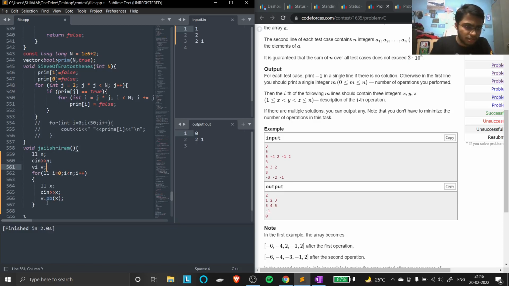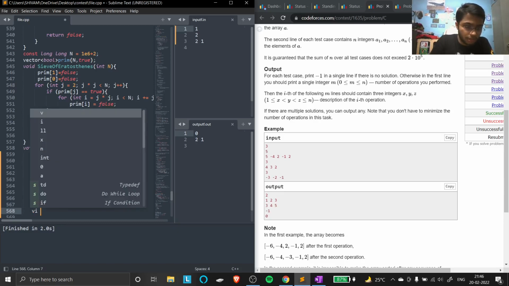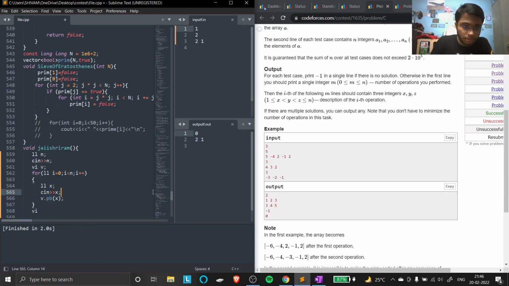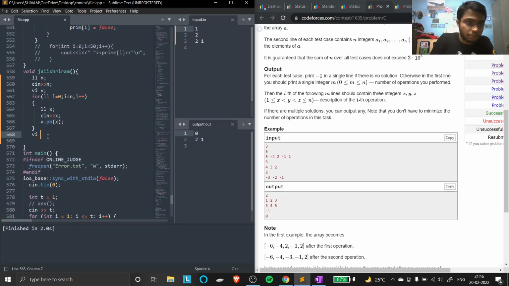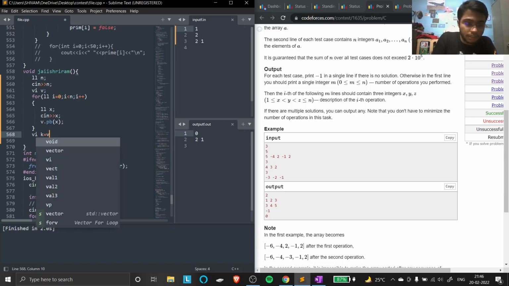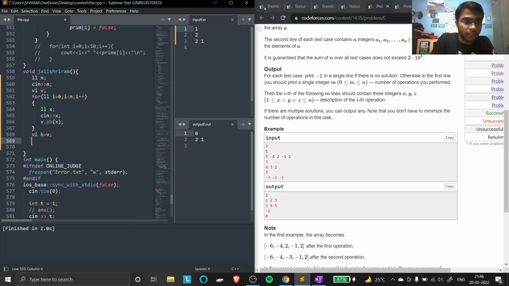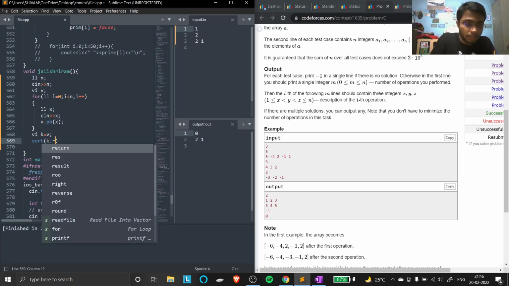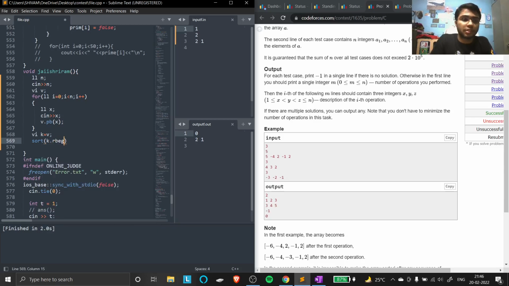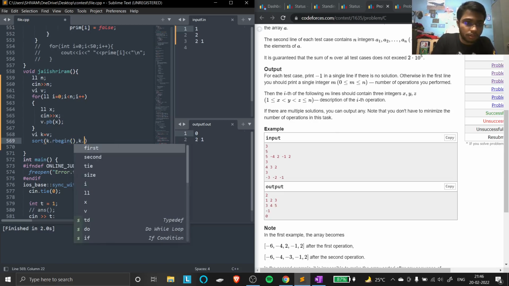Okay, so we have a vector, this will denote another vector. Wait a second, vi, which is, let me say that vi is like k, which is k, and I will do that k dot